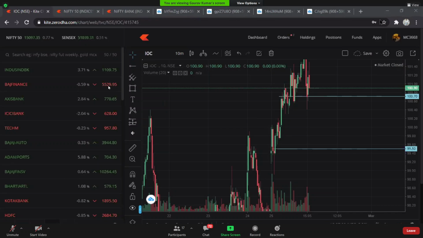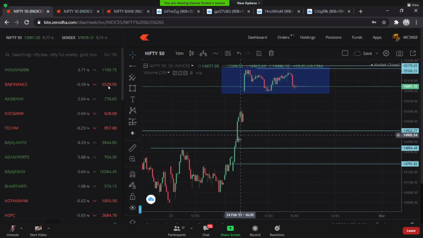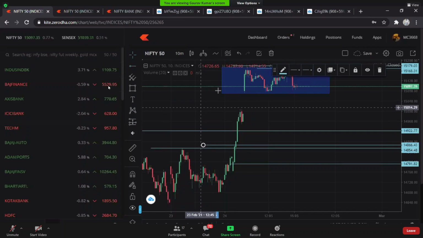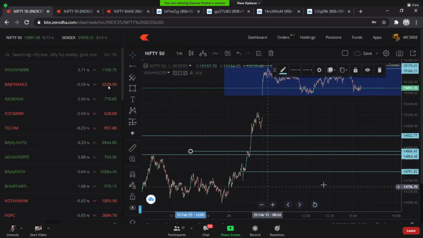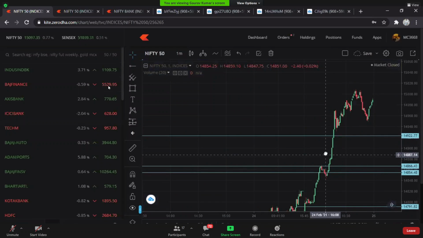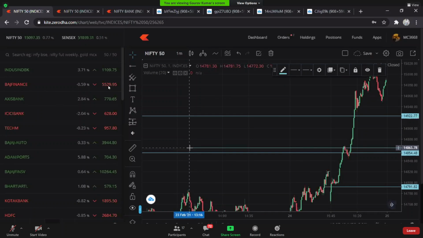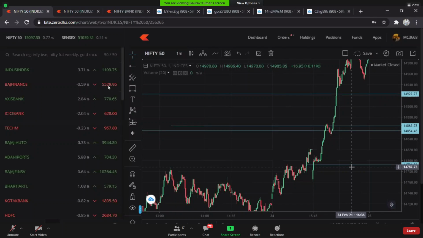I mean the breakout at 14,854, the Nifty you're talking about. This is my breakout candle. Here is my breakout. How do you trade according to the false breakout setup? So this is my breakout candle. I'll enter just a few points above it, keeping my SL just below my last rejection.